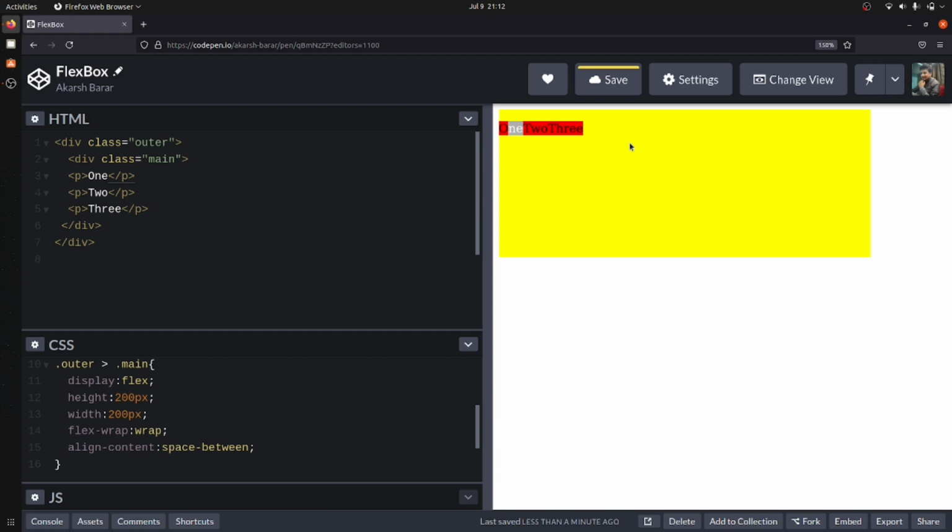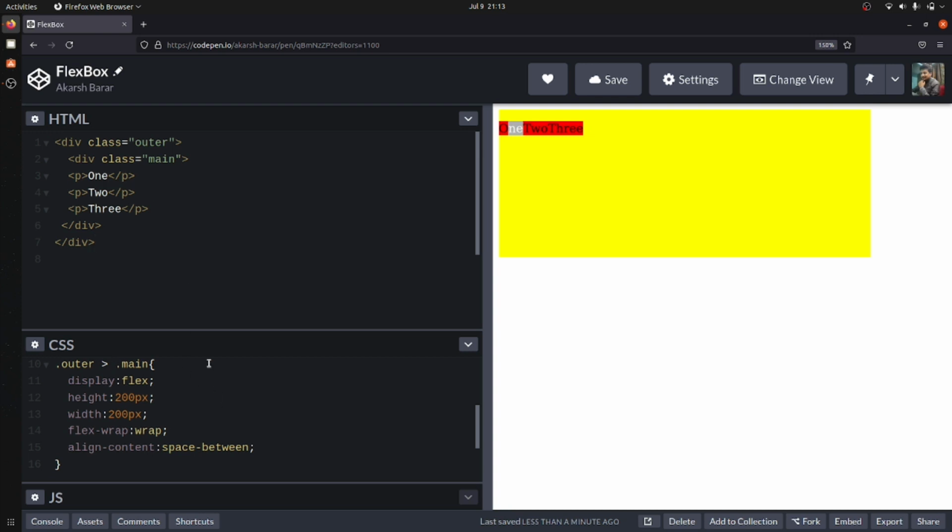Now let's move to some of the last concepts of this flex container. I'm going to show you a way in which I can stretch each and everything. Let's say that I have 1, 2, and 3.